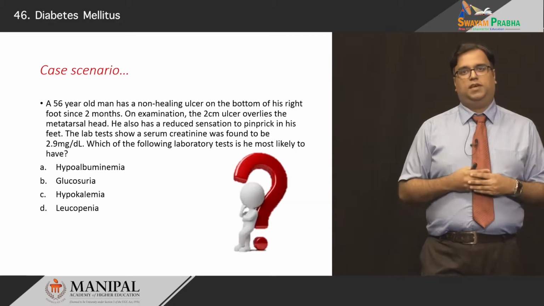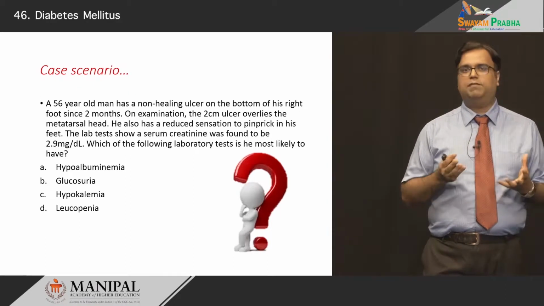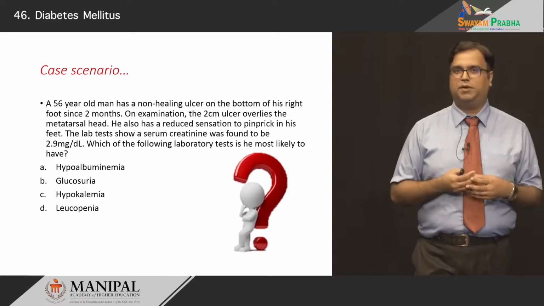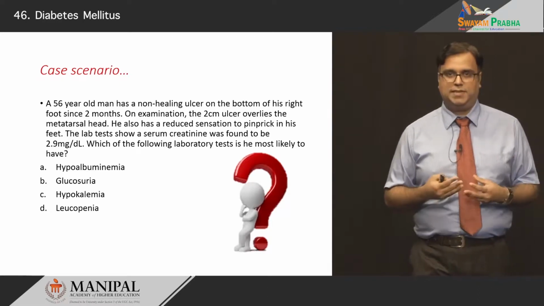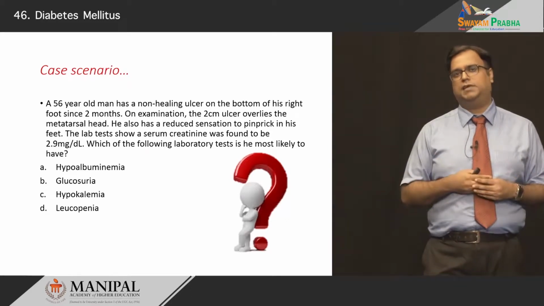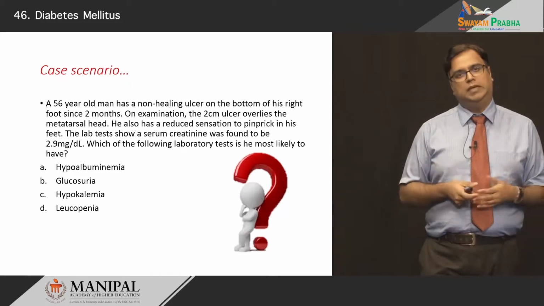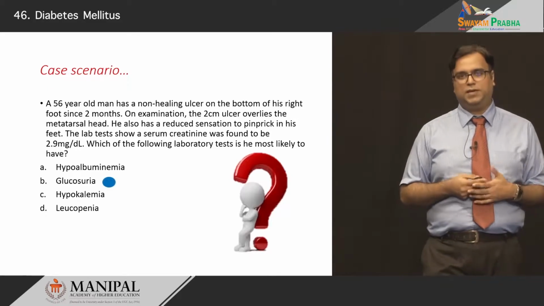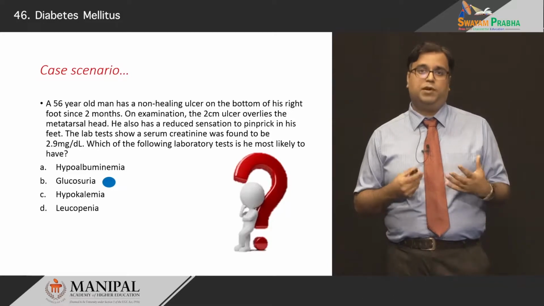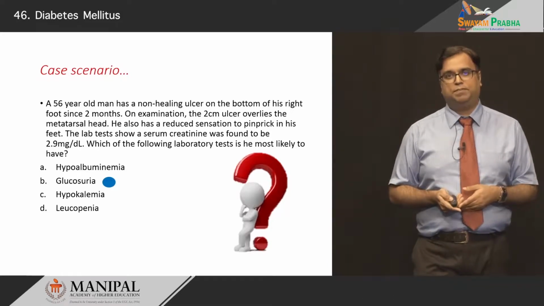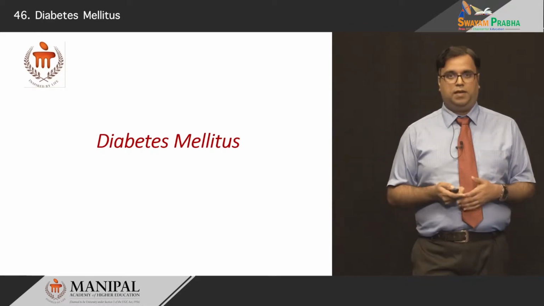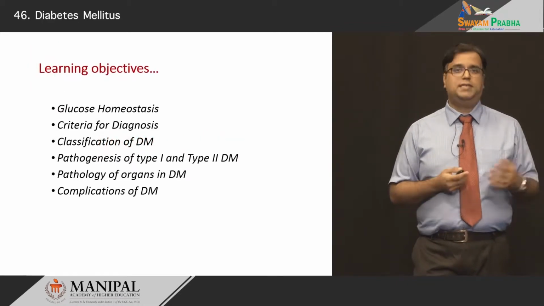Now if you use your head for this, you'll realize that somewhere we are talking about concepts of sugar. Maybe, maybe not, given the history that the patient has paresthesia and a non-healing ulcer. Certainly in the context of our milieu of Indian society, we think of diabetes. Wouldn't it be true? Possible. So if you're thinking glucosuria, you're along the right lane. The others may or may not be present in the same patient, but at the point of discussion, you have glucosuria. Now, we'll be talking about diabetes mellitus across the next 1 hour or so, and we'll lean towards these objectives